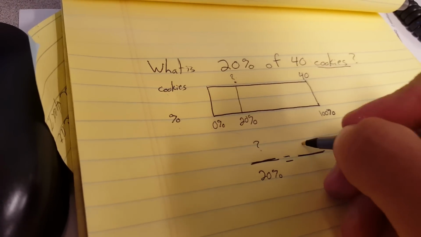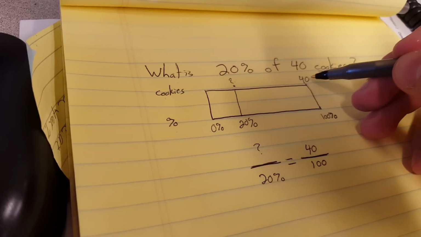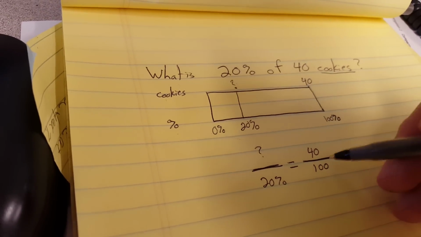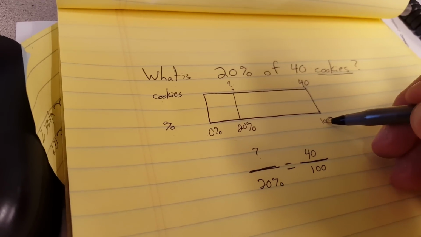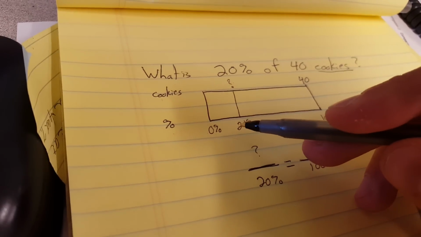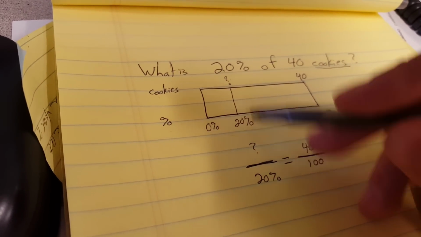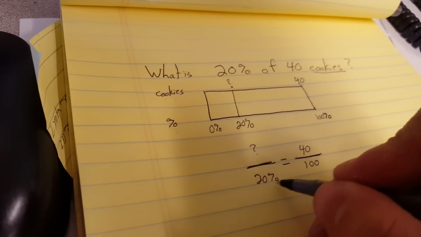equals 40 over 100. And our percent bar does a good job of telling us that the 40 is going to stay on top of our fraction bar, and the 100 is going to be below our fraction bar, and the 20% is going to be below our fraction bar, and our question mark is above our fraction bar. So now we can use scale factor, because scale factor